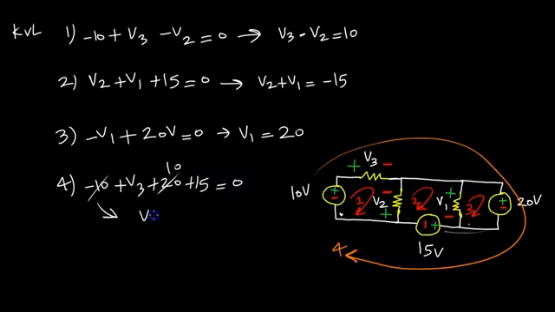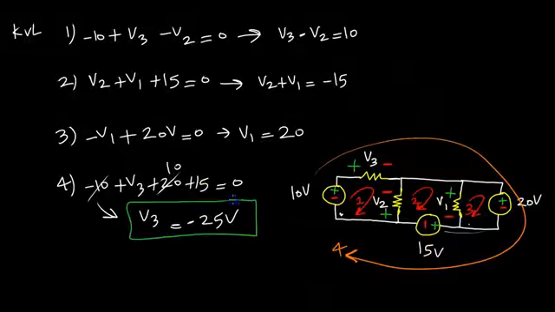And I'm going to get that V3 is equal to minus, sorry, I was distracted by something else. So it's going to be minus 25 volts. Now we found V3, so let me box that. Then I have the relationship up here, which I already found, so let me box that too, V1. And also that,